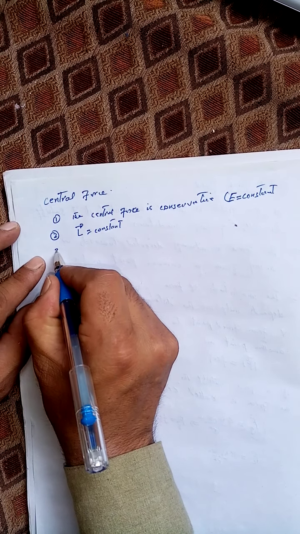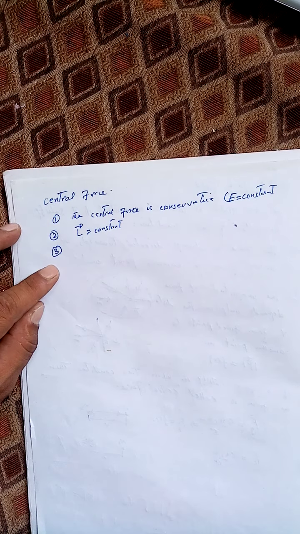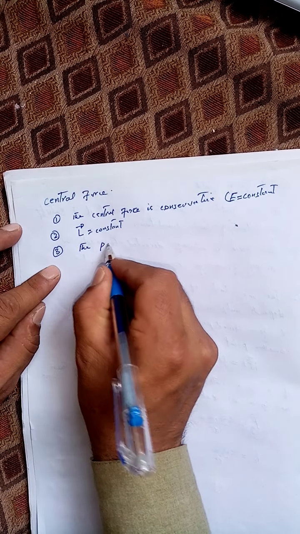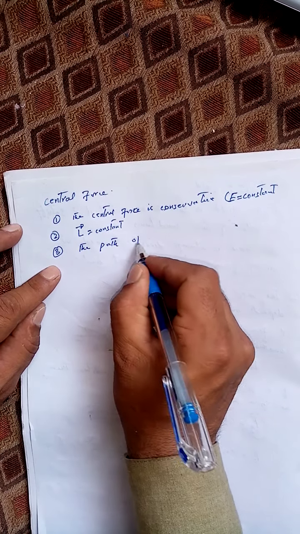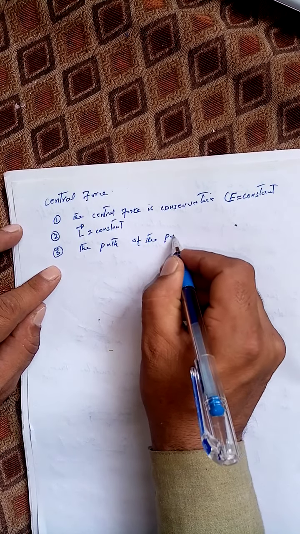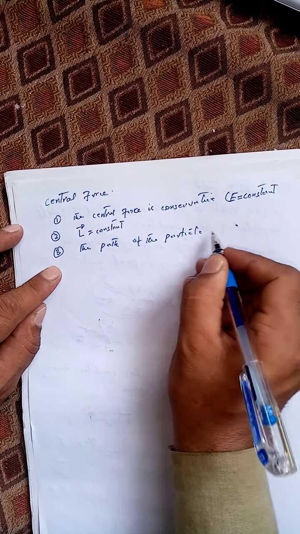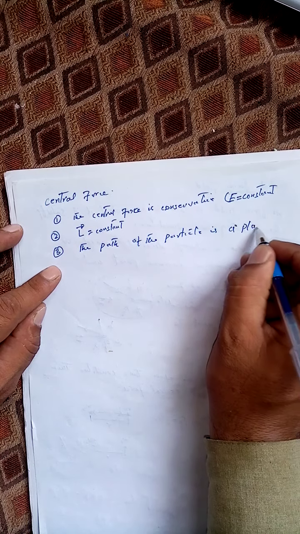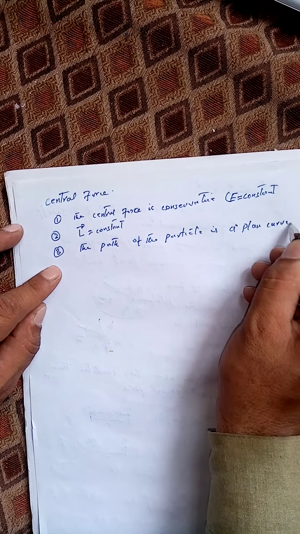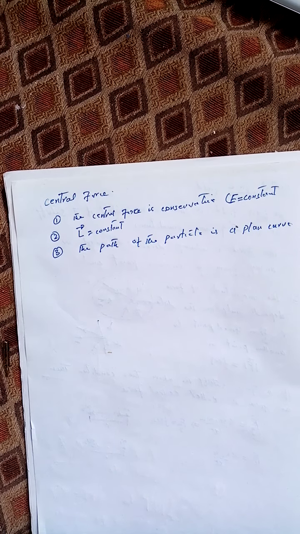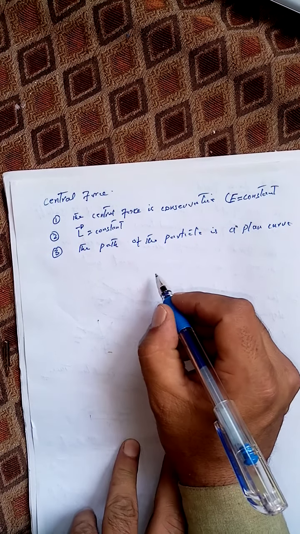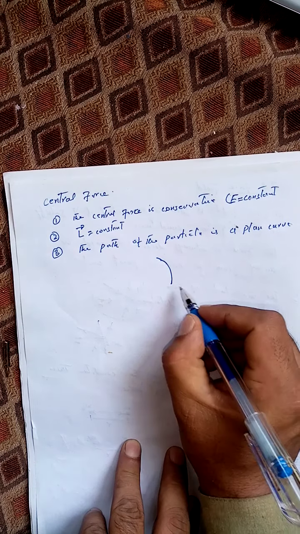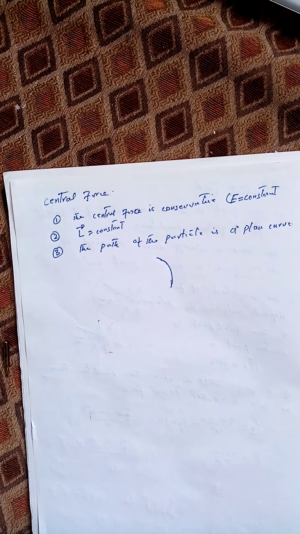and the third and the last property was that the path of the particle is a plane curve. What does it mean? It means that a body in a central force field is always moving in a two-dimensional plane. Okay, so